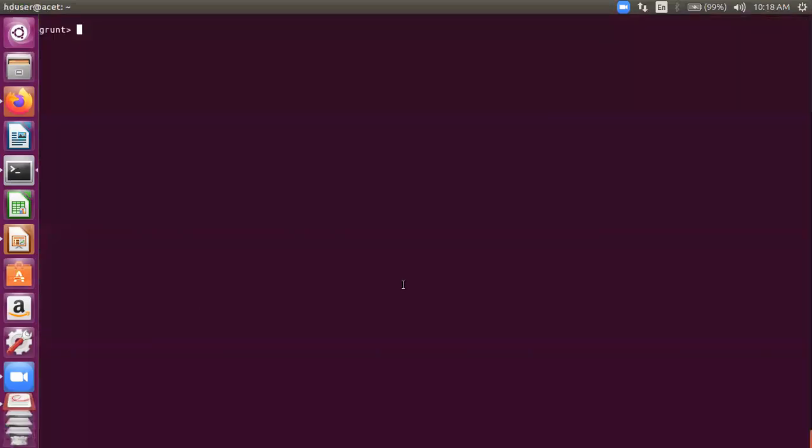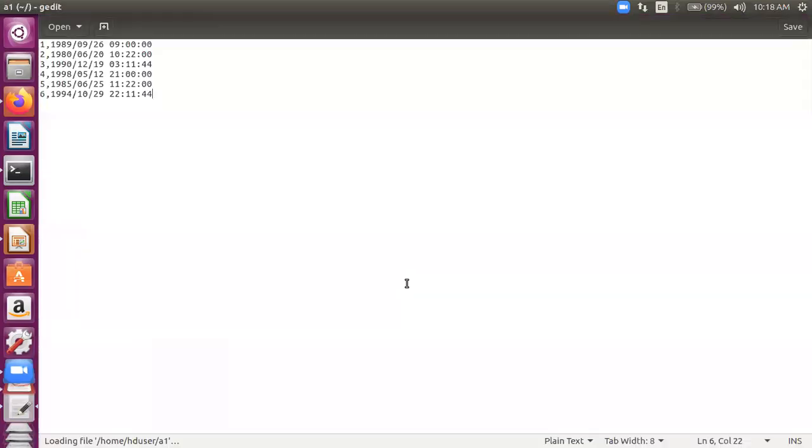Let me show you a file first. So this is how you can specify a date. I've written the full format, but the Pig date time field would make it more interesting for you. We can have a date in this format: year first, then month, then date. We can have date, month, year, whatever you wish. And then you have a time, where hour, minute and seconds are there, and there will be something known as a time zone also, which will come automatically.